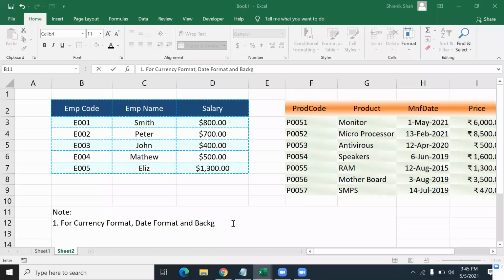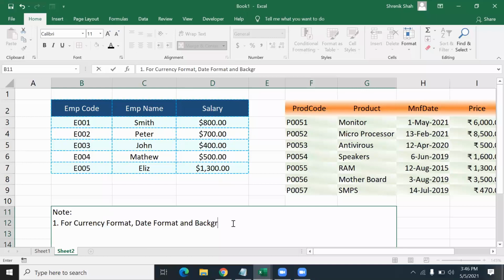So the background color, press Control plus 1. It's a shortcut. And then select format you're looking for. Like you can select the dollar symbol, you can select the date format, or you can select the color. The next note is